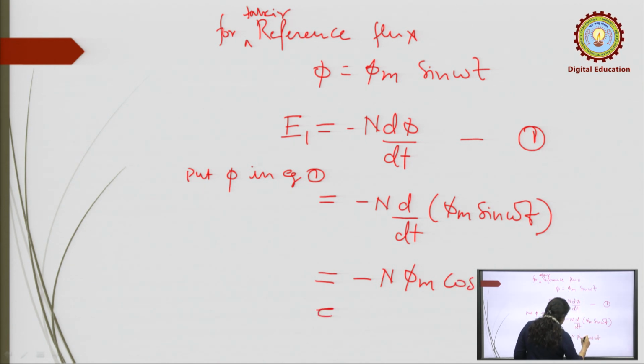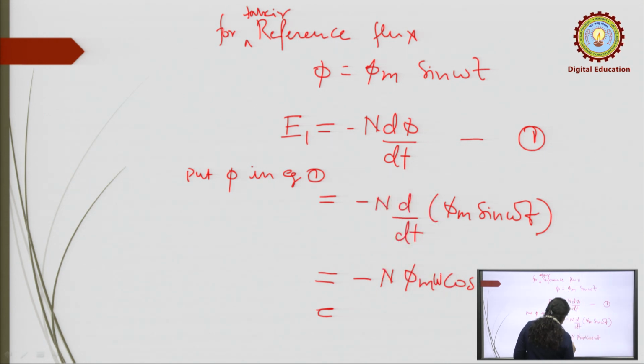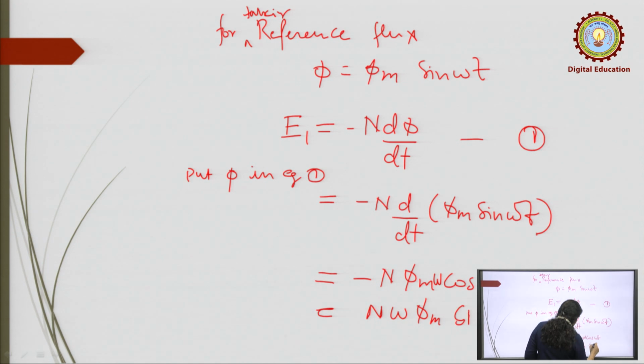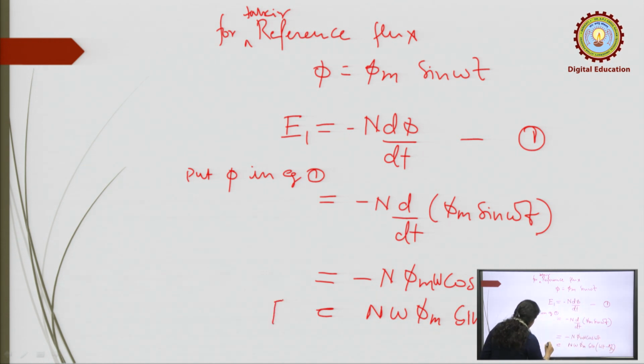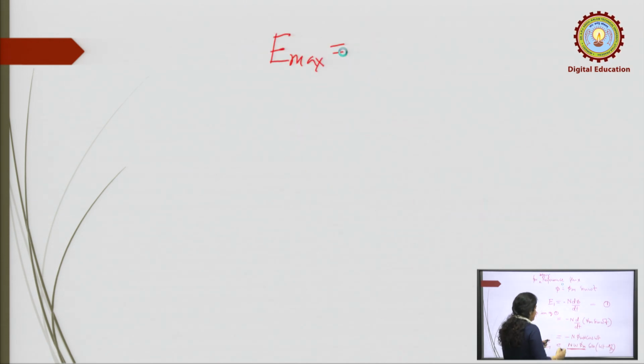So, it can be written as, there is omega also, n omega phi m sin. So, in this equation this represents the maximum value of EMF induced. Okay. So, E max becomes this n omega phi m